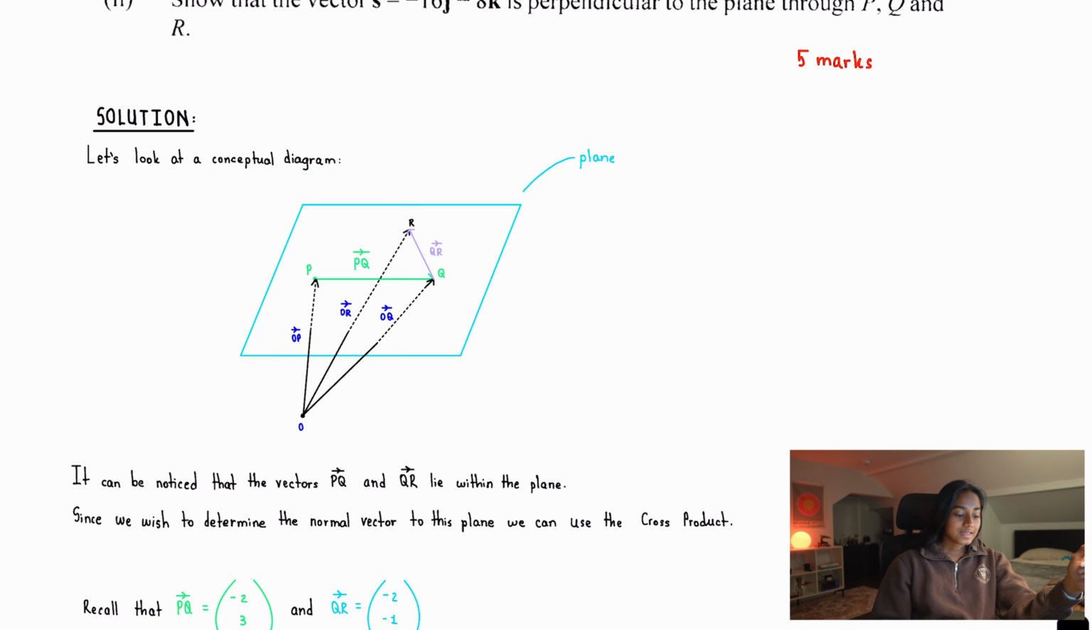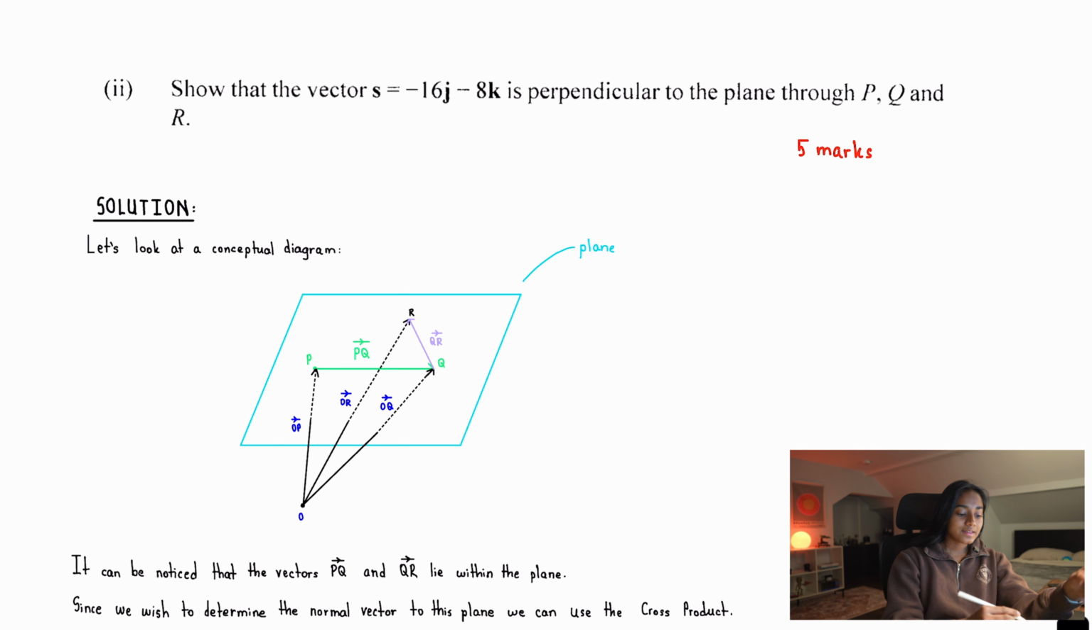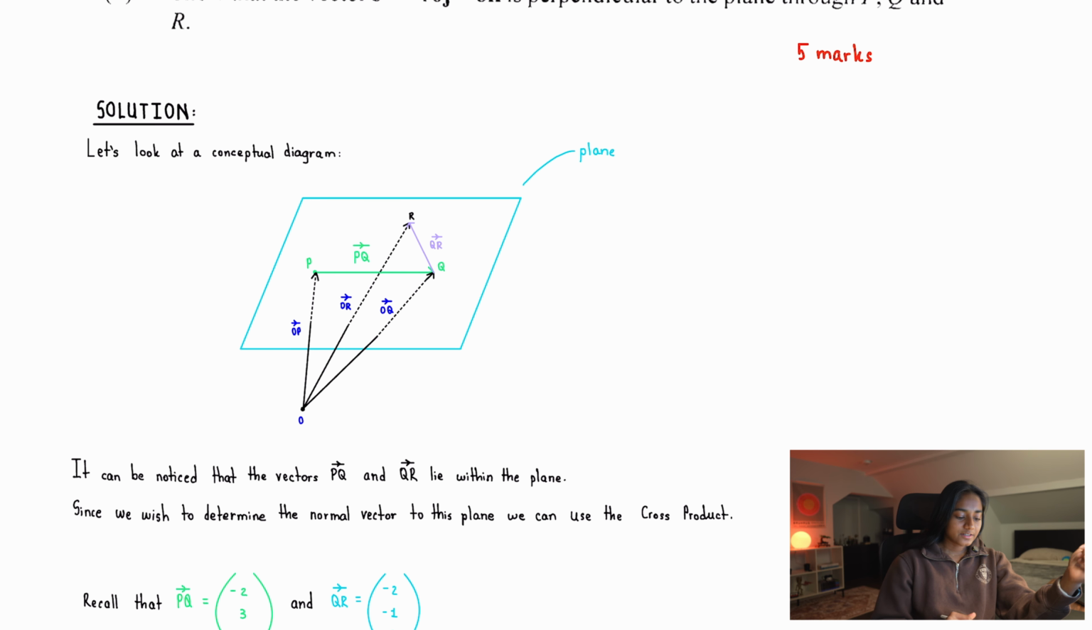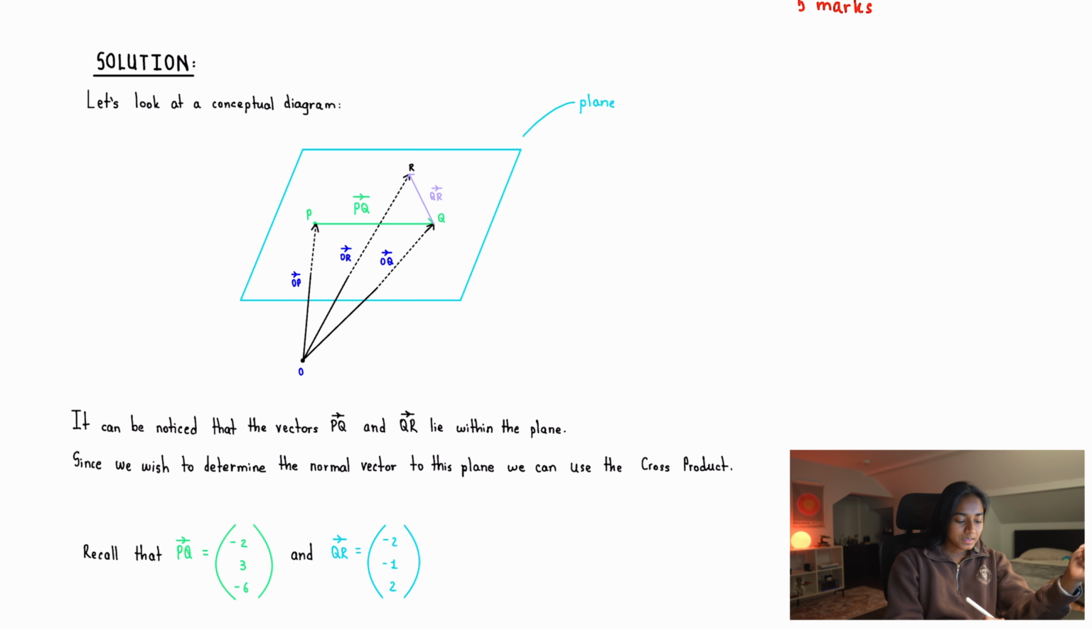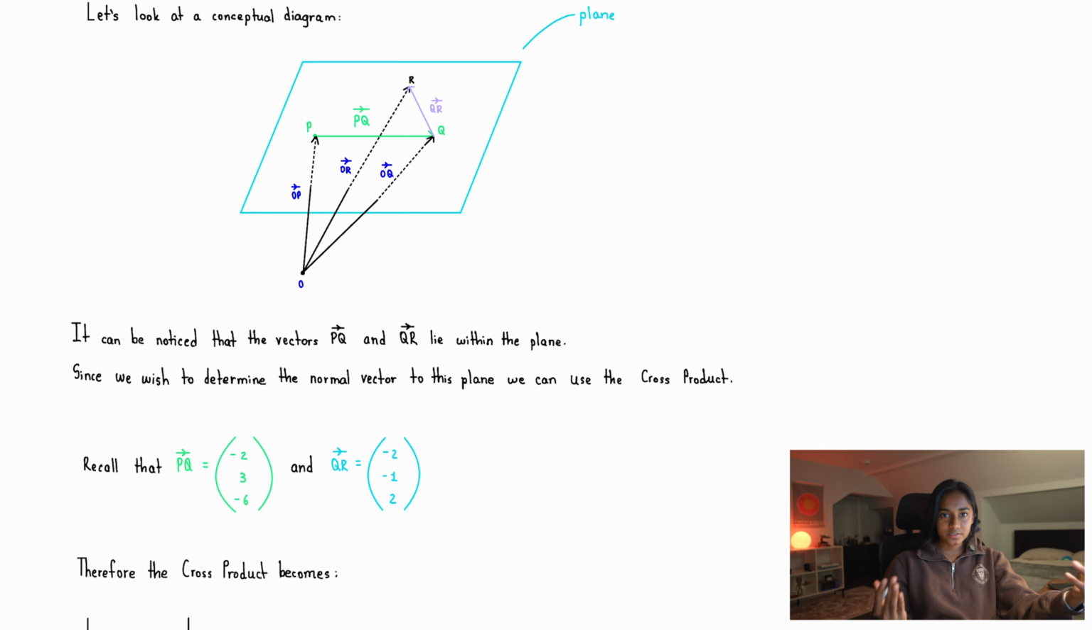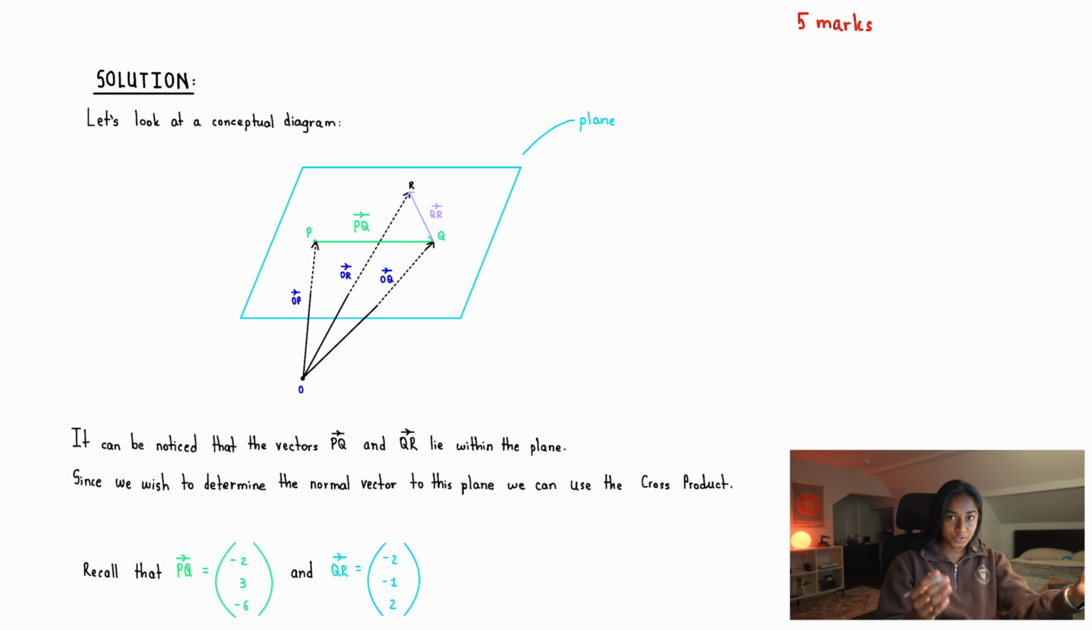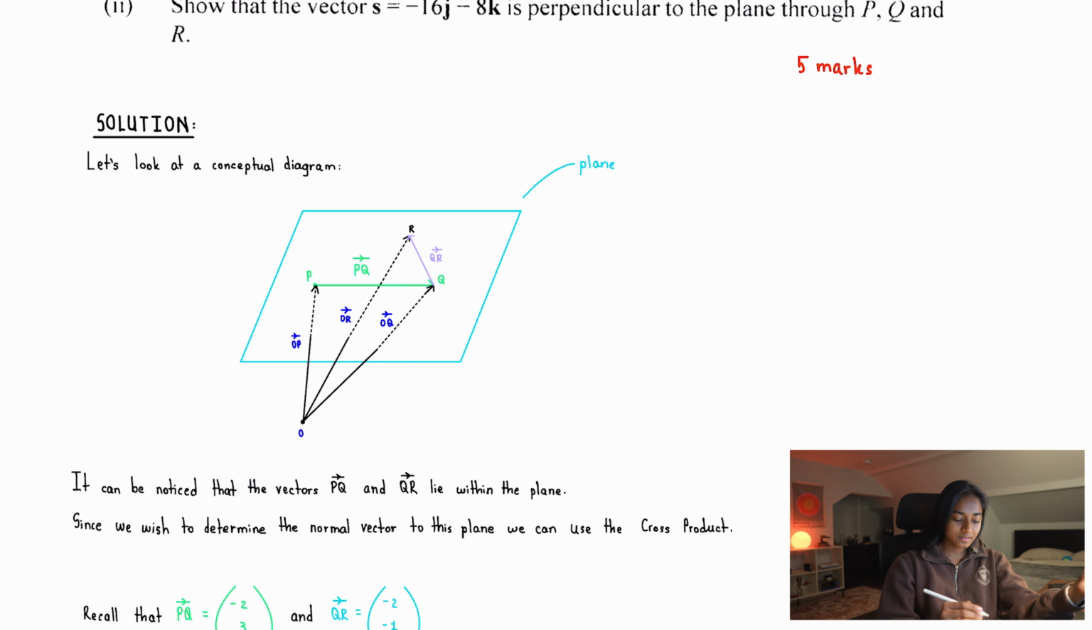All right. Now part 2 says, show that the vector S, which is minus 16j minus 8k, is perpendicular, this is the keyword, to the plane through P, Q, and R. Right? So let's get a better idea of this. We are going to look at a conceptual diagram. So we could see that PQ and QR are actually within the plane, right? So because we wish to determine the normal vector, which is the vector perpendicular to this plane, we can use